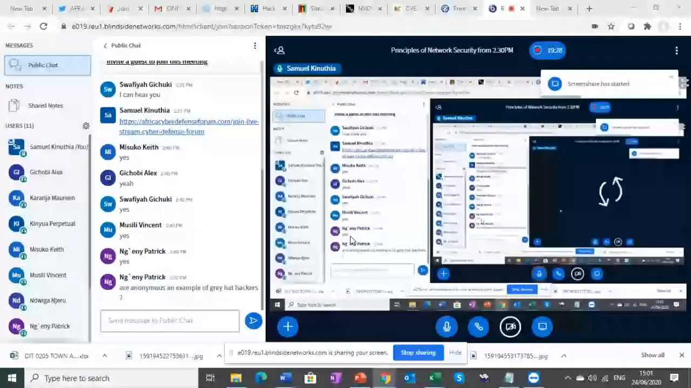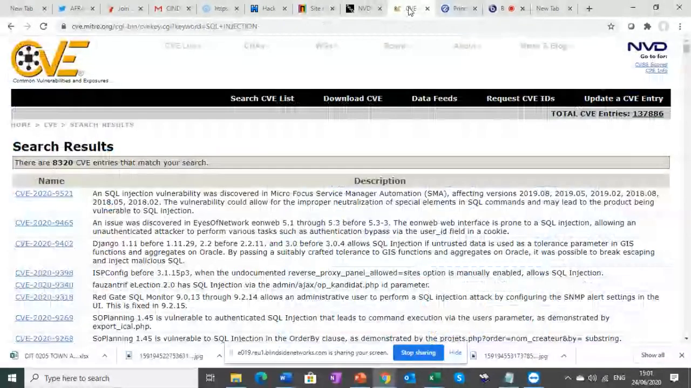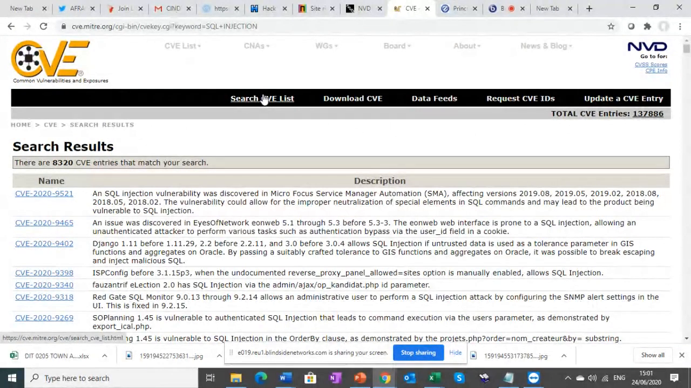Perfect. So this is one of the sites whereby you can check the various vulnerabilities called CVE, Common Vulnerabilities and Exposures. These are the various vulnerabilities that have happened in most of the networks. This one is based in the US, called NVD, which you can use to search for